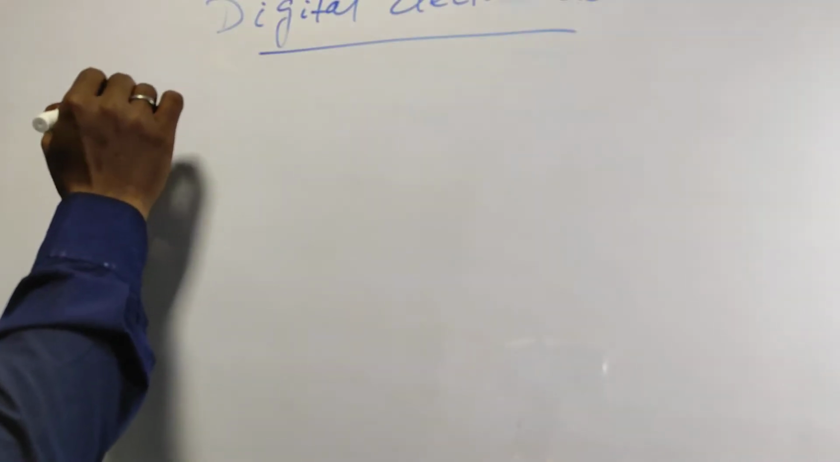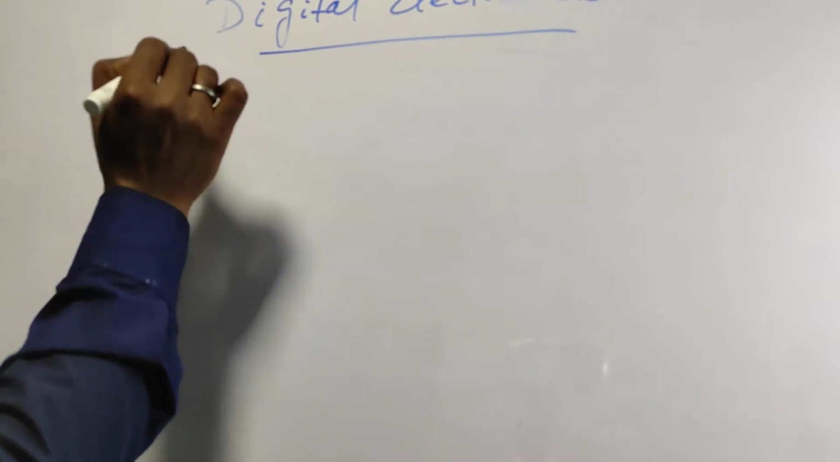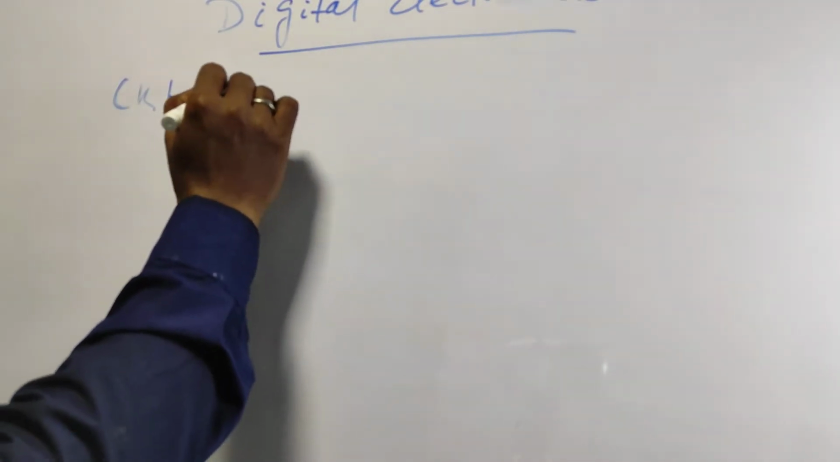The topic is digital electronic circuit. What is a digital electronic circuit? Okay. What is a circuit? In a circuit, it consists of